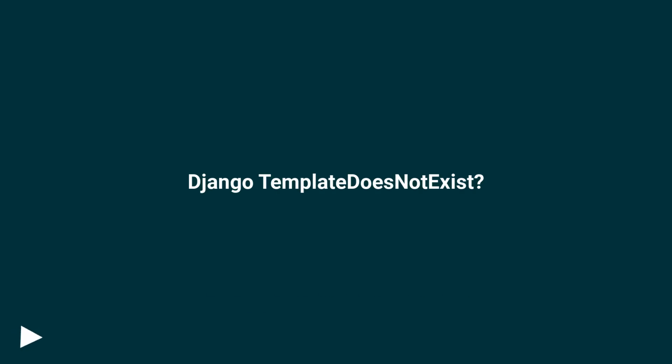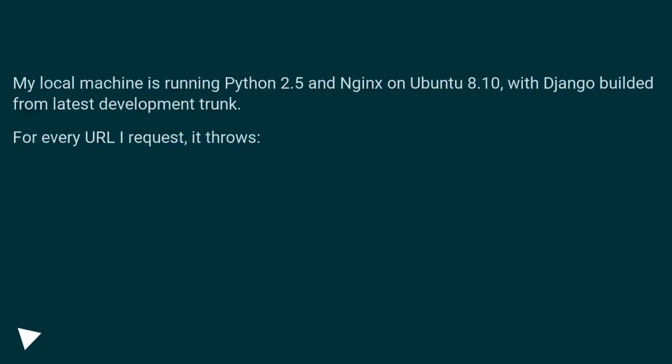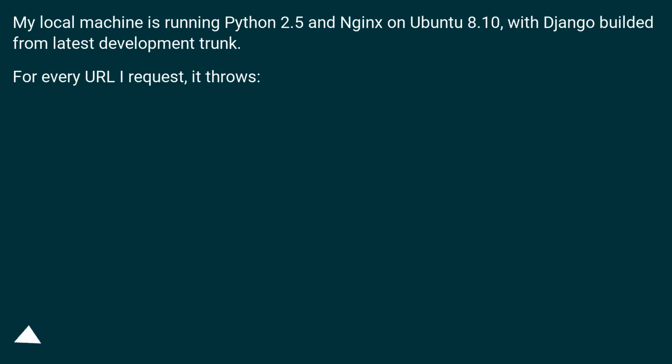Django TemplateDoesNotExist. My local machine is running Python 2.5 on Ubuntu 8.10, with Django built from the latest development trunk. For every URL I request, it throws